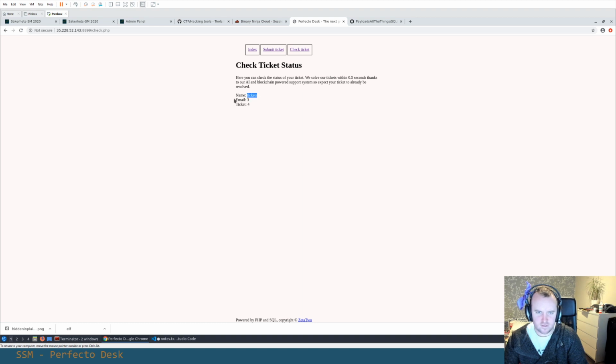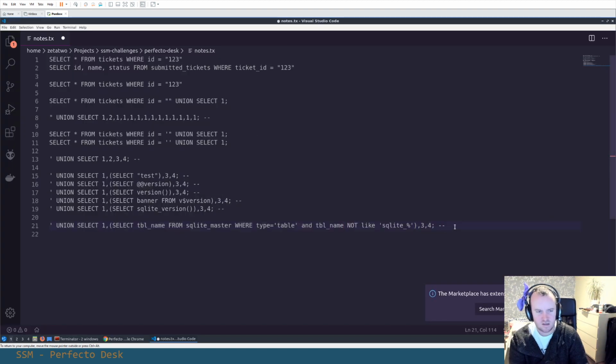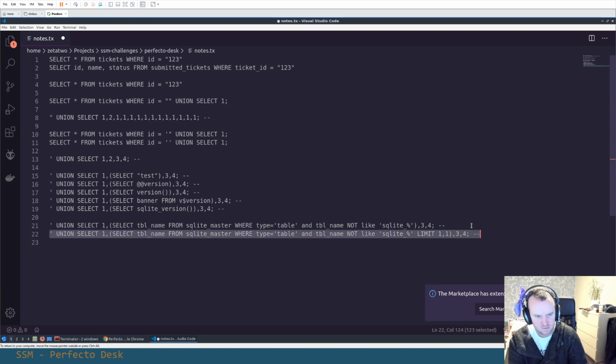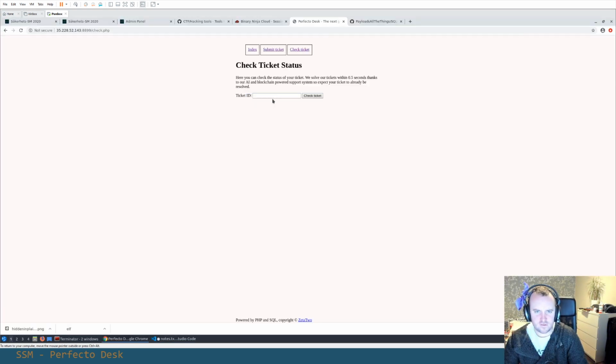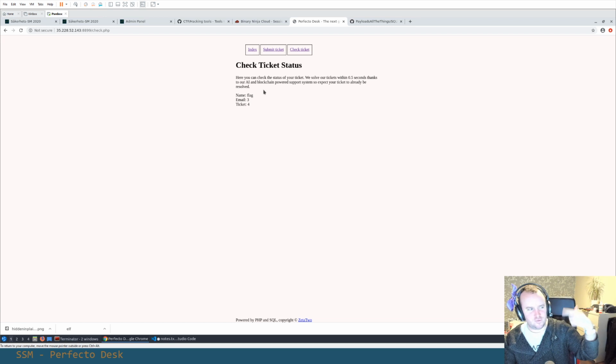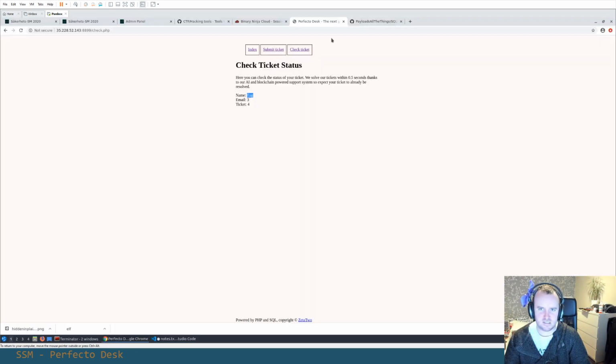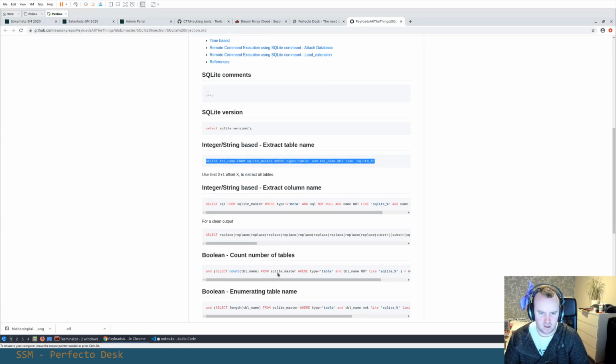Okay, so there is a table called tickets. That's good. Are there other tables? So we could do like limit 1, I think would be the correct syntax. Oh, right. So there's another. So we go through these like one at a time using the limit. So there is a table called flag. Okay. So what are the column names